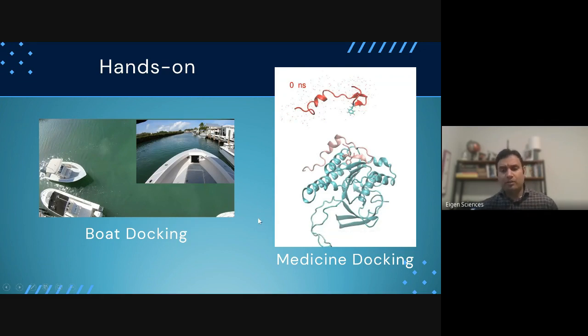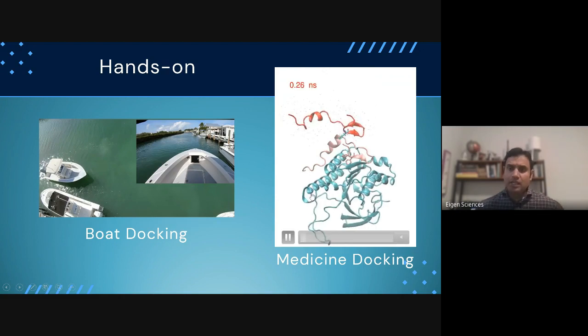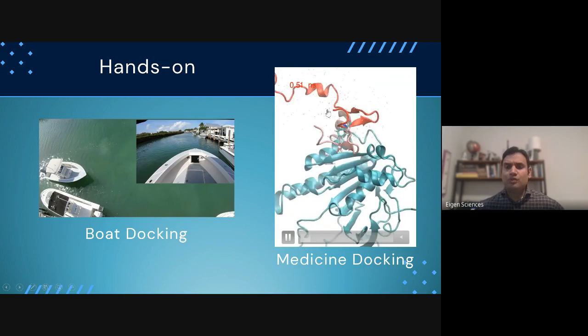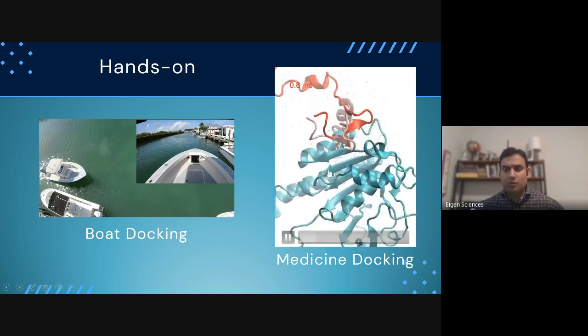If you don't have a biology background, I will give you a brief intro: this ribbon-shaped structure is a cancer protein, and this red is a peptide. You can also call it a drug molecule. So our goal is how this drug molecule can bind with this cancer protein and inhibit it. This is docking, similar to the boat docking. This molecule is docking, which is called the molecular docking technique. And you will see it will slowly sweep and go and bind with the protein.